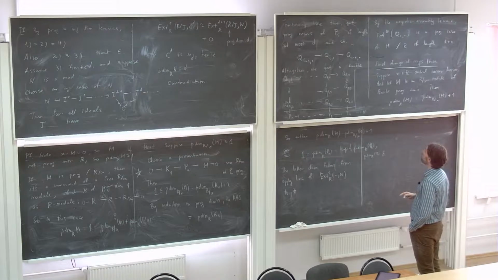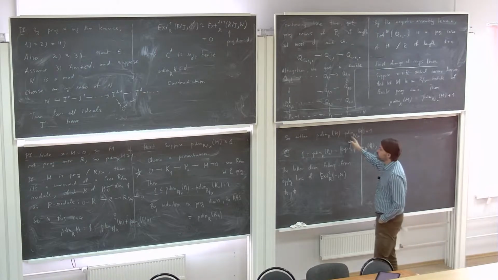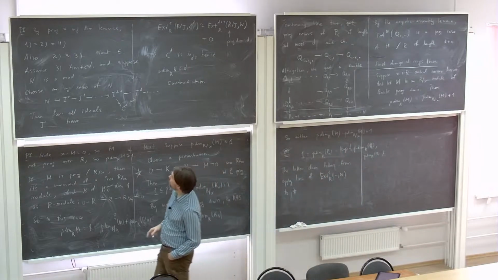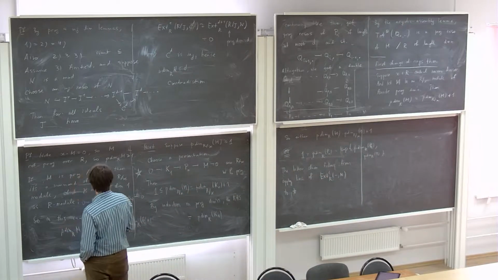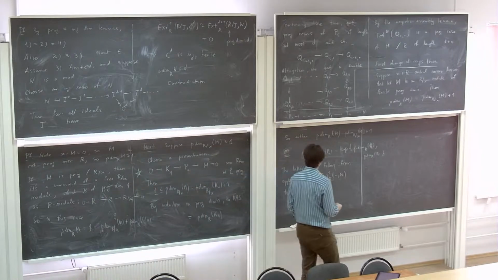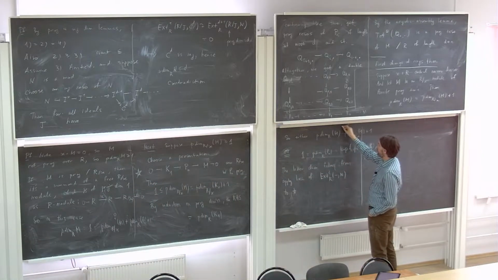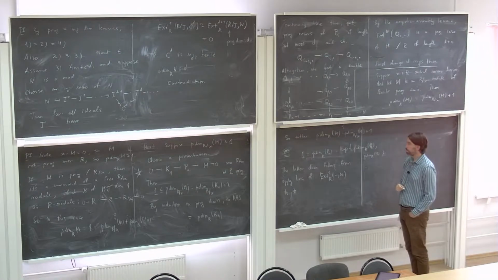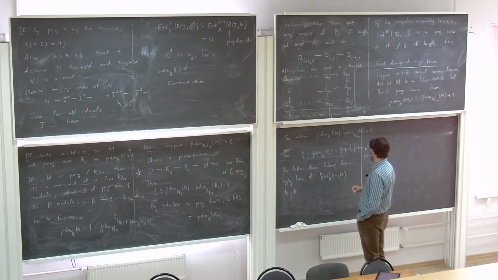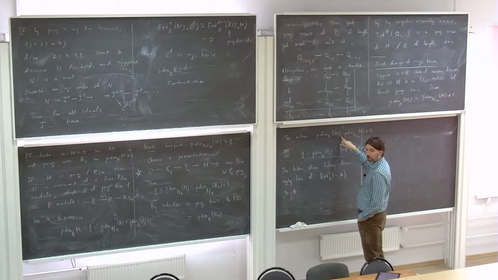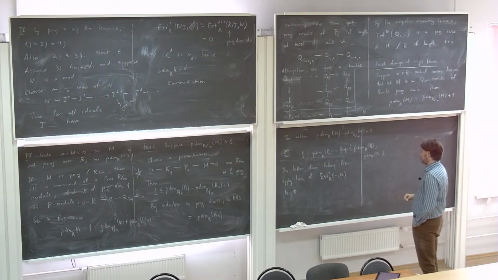So it looks like I'm assuming this is not the case. And I know from the general change of rings theorem that I at least have an inequality. Right? I always know this is less than or equal. So the only way this could fail is if it were a strict inequality. So if this is a strict inequality,